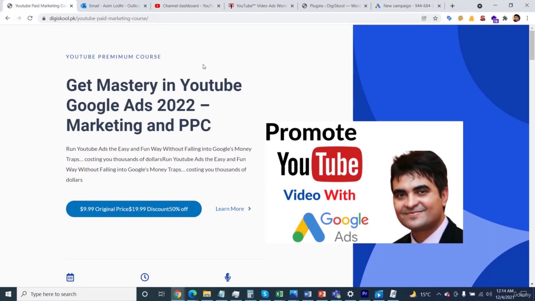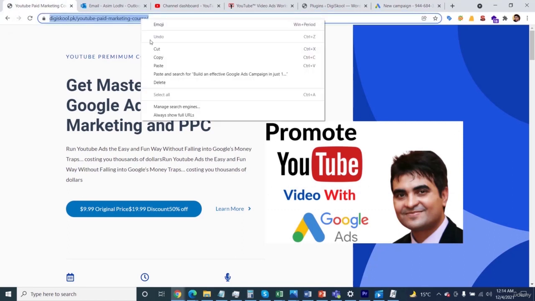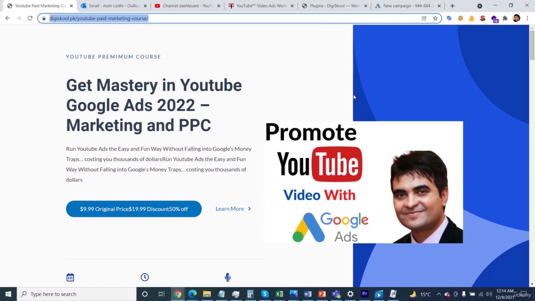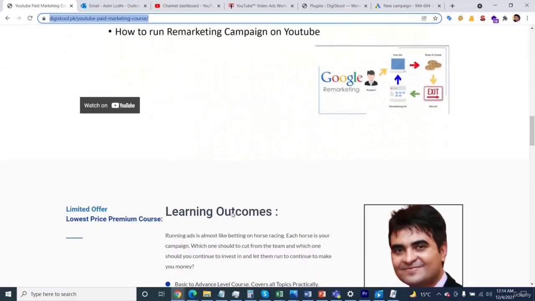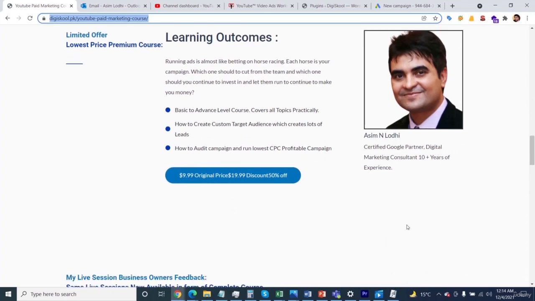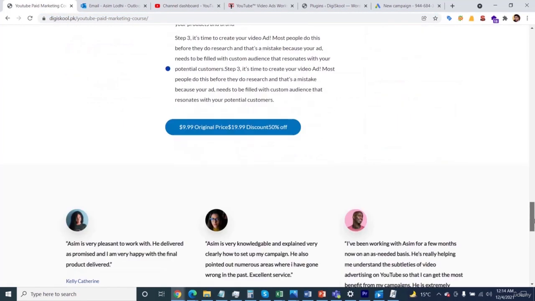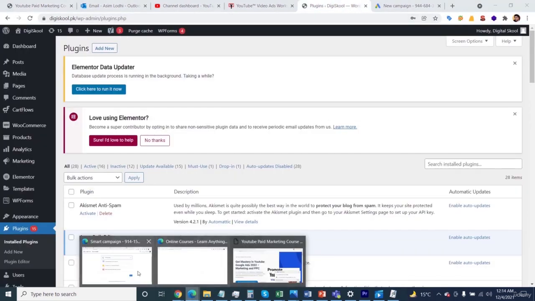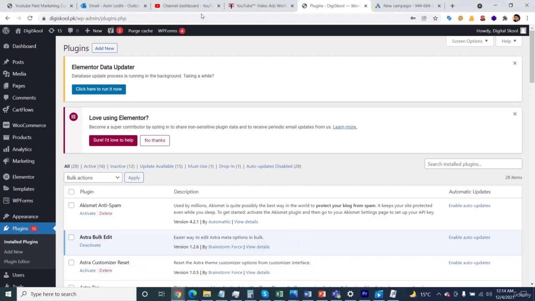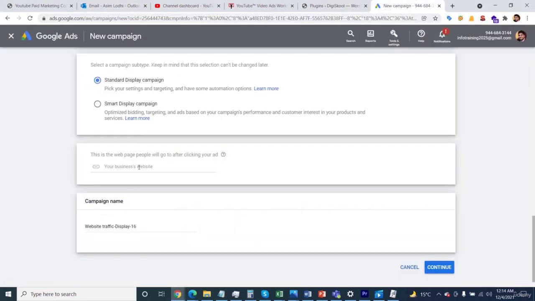So I just want to copy my landing page. This is the landing page which I am going to target right now. So just copy here and navigate again towards your Google Ads account. I just copy this one, and I am double checking how the landing page looks, because whenever someone comes to this landing page they will be selecting the different kinds of options. So here again just quickly move towards our Google Ads account and specify the landing page here,